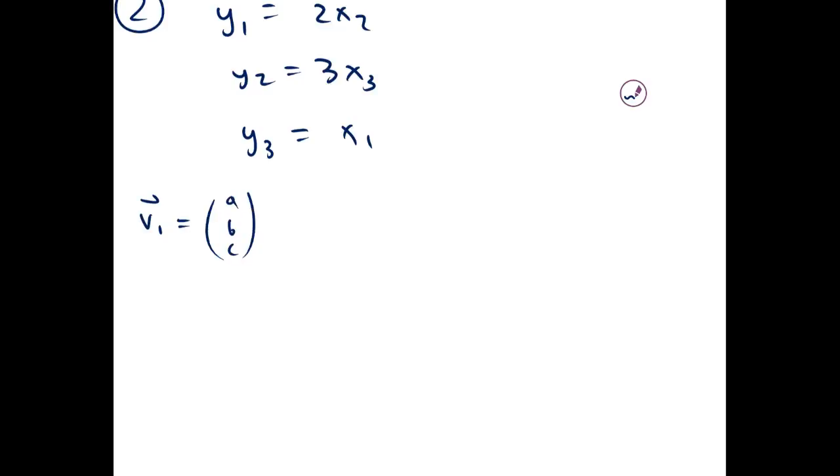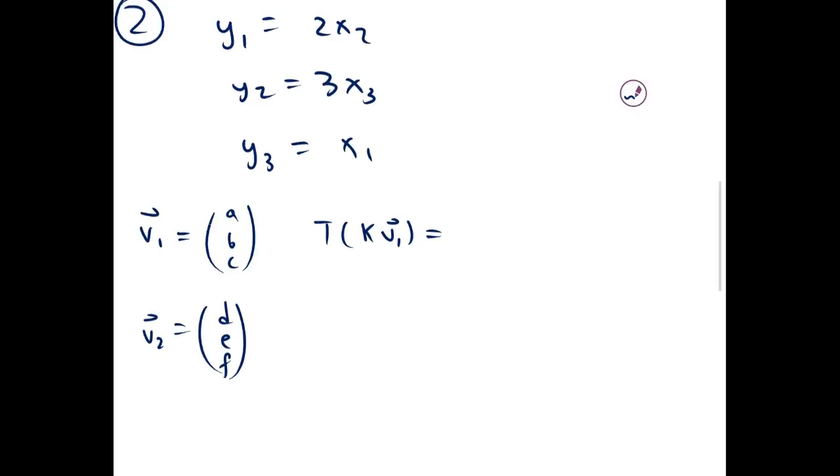This time we're doing two; last time we only did one. v1 is a, b, c, and v2 is d, e, f. Let's go ahead and verify this property. If we do k times v1, we get